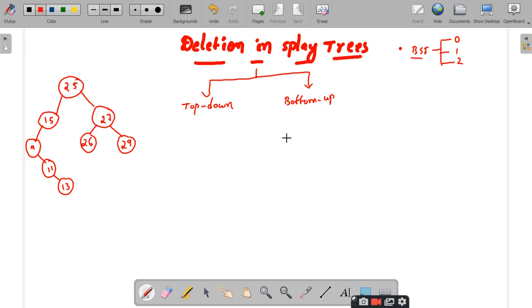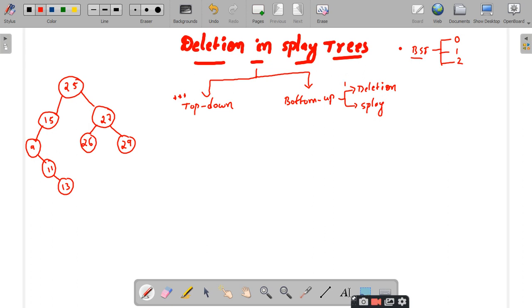So there are two approaches for deleting elements in splay trees. The top down approach is somewhat complex when compared to the bottom up approach. What is the difference between them? In the bottom up approach, how many operations do we have in this deletion? Two, sir. Deletion and splay. Deletion and then splay, right?